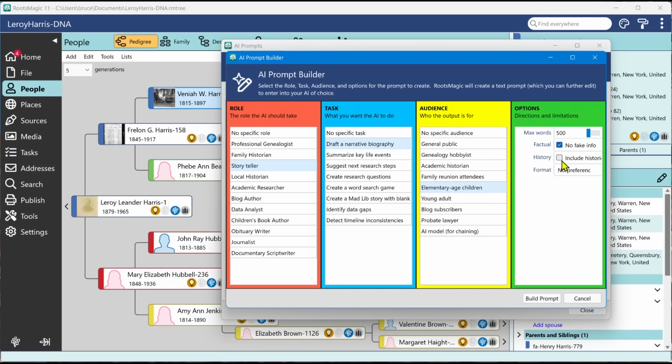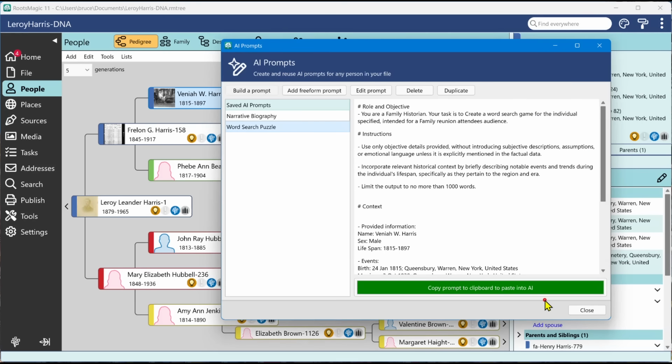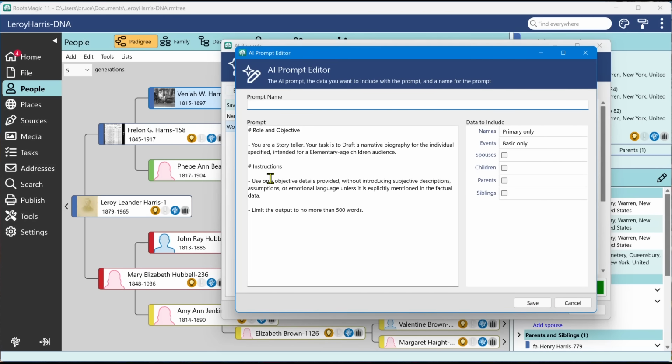You can choose whether you want it to include historical context, and then what format you want. You can pick a format, or you can just say no preference. And then you tell it to build the prompt. It builds that prompt right there. You choose over here what information you want, and